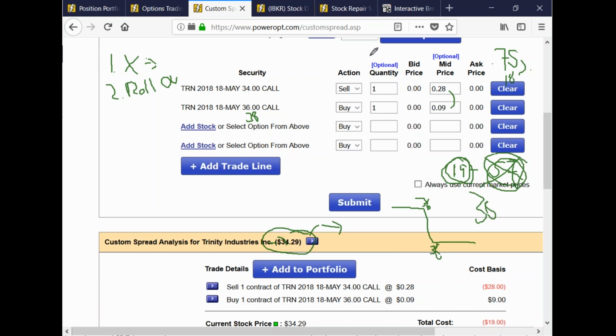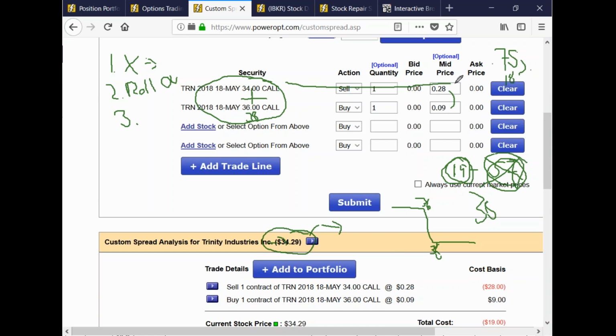Number 2, roll the whole spread out in time and up in strikes, or down in strikes in the case of the bull put. One of the reasons why I always leave 2 strikes apart, and if you have 50-cent strikes, you could sell the 31 and buy the 32, for example, and then maneuver it with the 50 cent. But I always leave 2 strikes apart, or 1 strike between. Why? Because it gives me an extra option to do something. And that extra option, of course, is